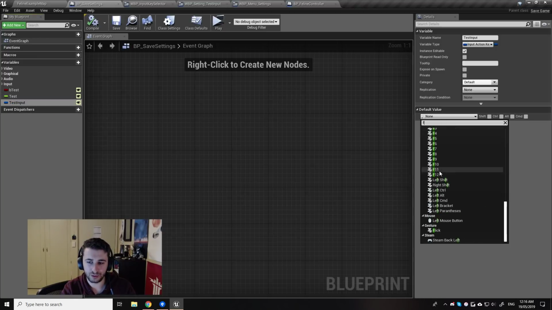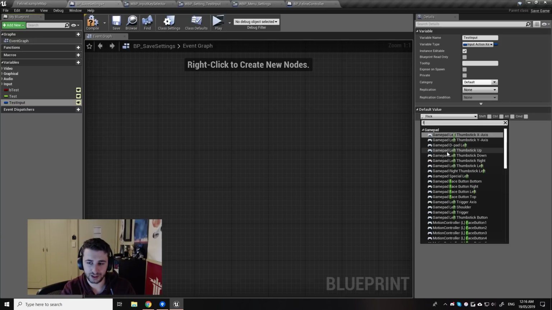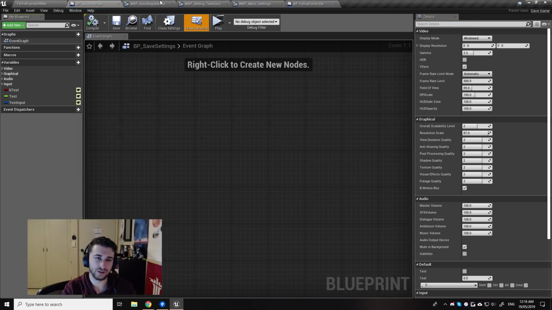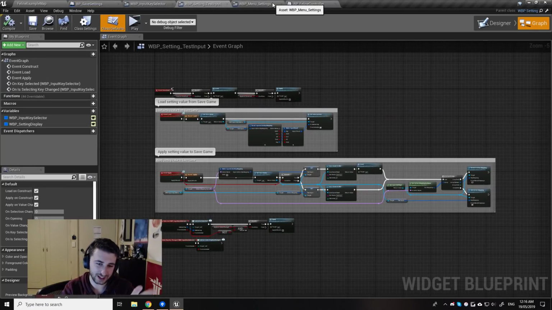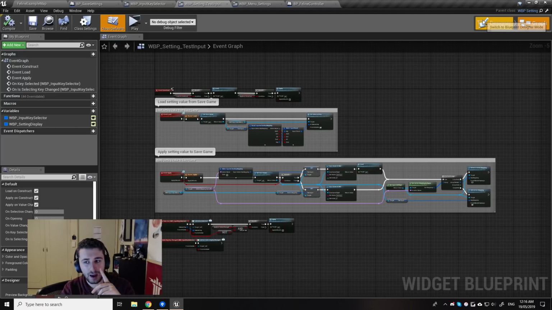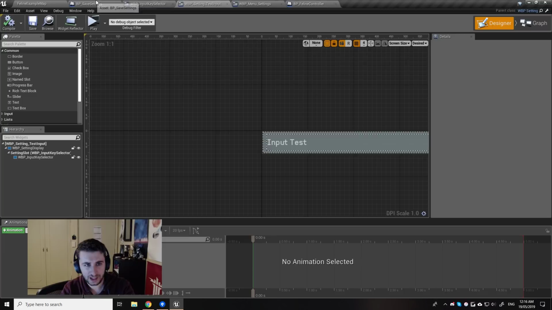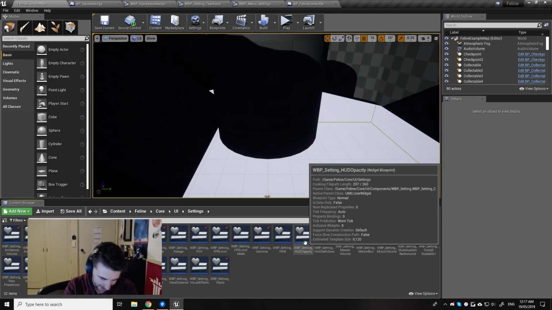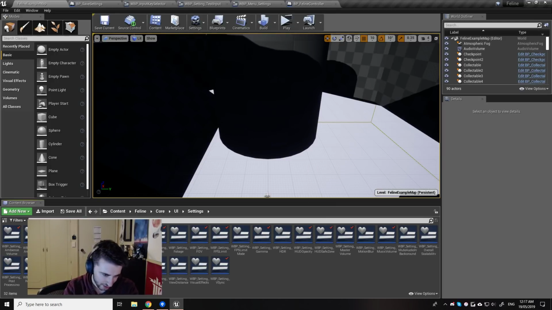For example, jumping, that's a pretty standard one. Or maybe just melee, I don't know, one of those. Let's try it and see, so you guys can see how I actually have made all my settings once I have the framework sorted. So now that we've got that, let's make a copy of this. That is in my settings folder, and here's all the settings in the entire menu. What was it called? It was called test input. So let's make a copy of that, and we'll call this